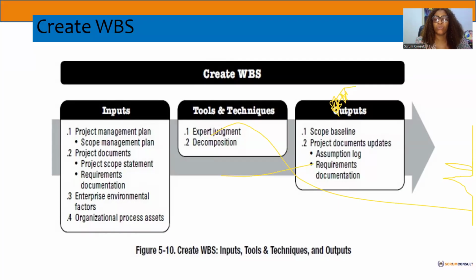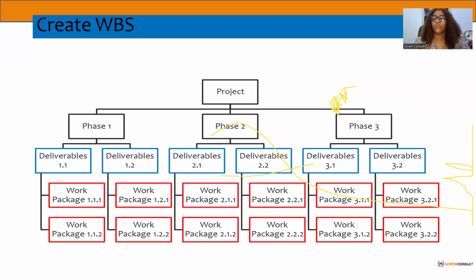You update those requirements. So this is what Create WBS means. For some of us, we're already familiar with it. This is a project you decompose, right? Hierarchical decomposition to manageable work tasks. So you have here your phases. This is the project. You break it down into phases. You can further break them down into deliverables, and you now break them down into more work packages. These are the smallest units of the scope.